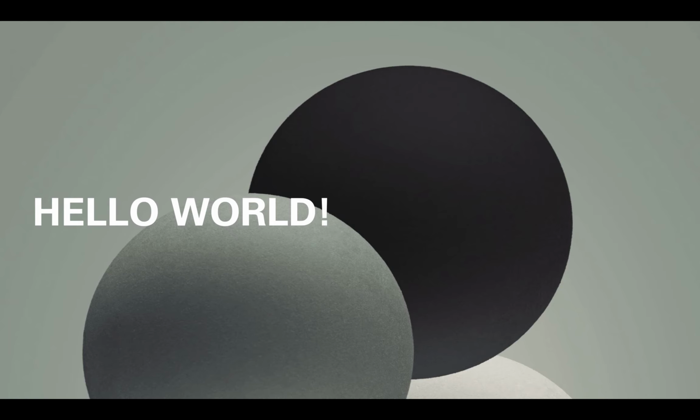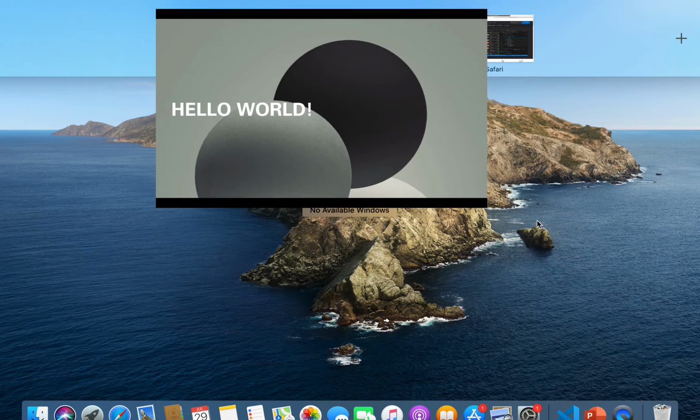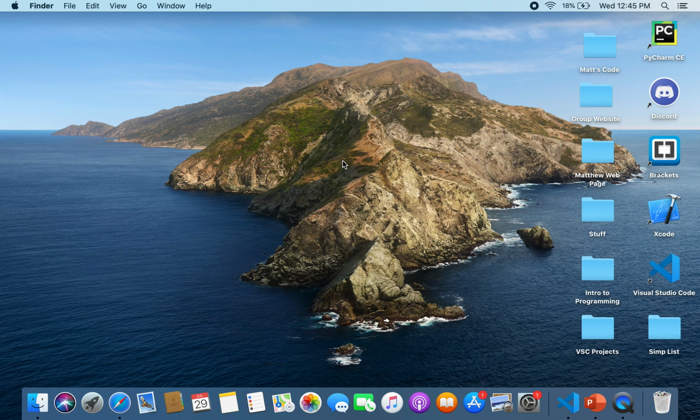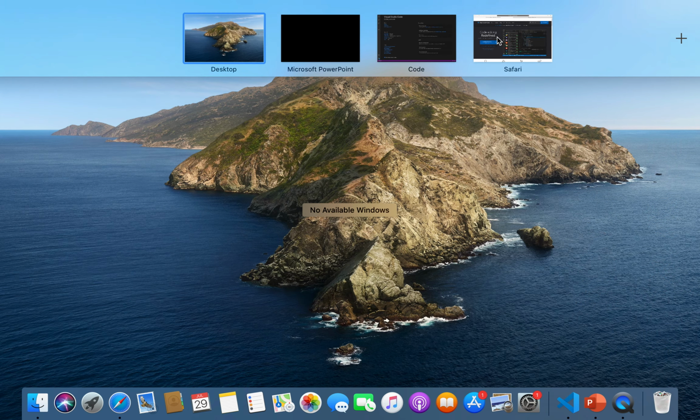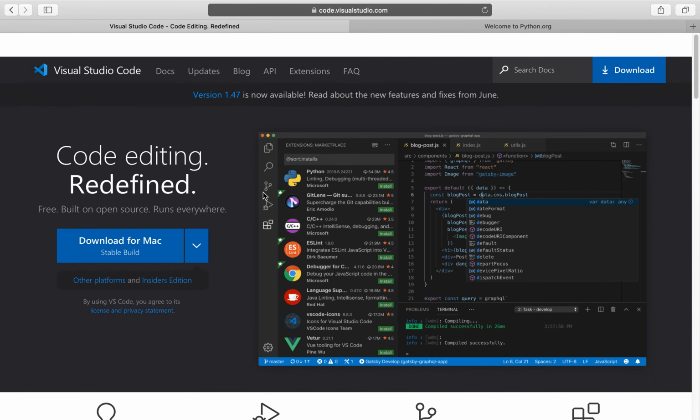So now we're going to dive into our first program, Hello World. In order to do that, let's talk about setup. First, you'll go to either Safari or Google Chrome or what have you. In my case, I'm in Safari, and you'll get to Visual Studio Code. Just search that up, and this URL says code.visualstudio.com, and you'll download this application.